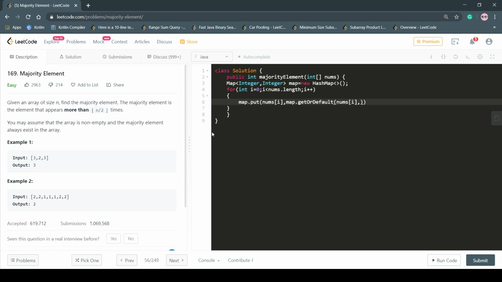I would explain what this line of code is doing. If there is no pairing of nums of i in the original map that we have created, then we're gonna take its count as 0 and we would increment its current count by adding 1 to it.